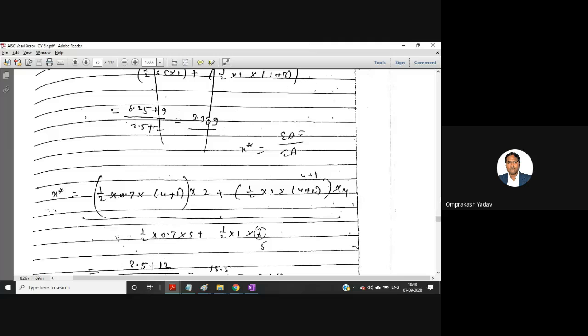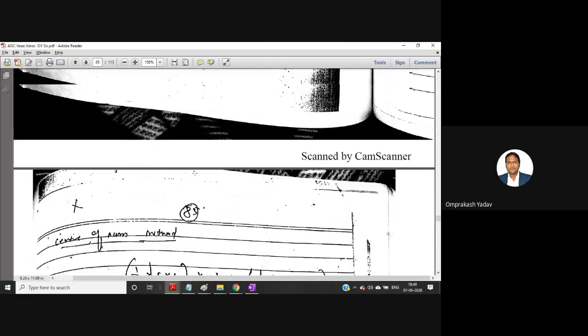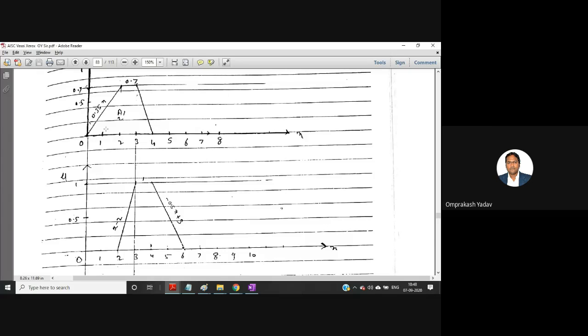This method is applicable to the input graph. It's not applicable to the final output graph. So we don't have to make the output graph for this particular method. We can simply look at the question of the input graph and start directly applying on the input graph. So no need to make the output graph. Clear? Okay, sir. The x bar is calculated directly on the input graph, with no need to work on this particular output graph.